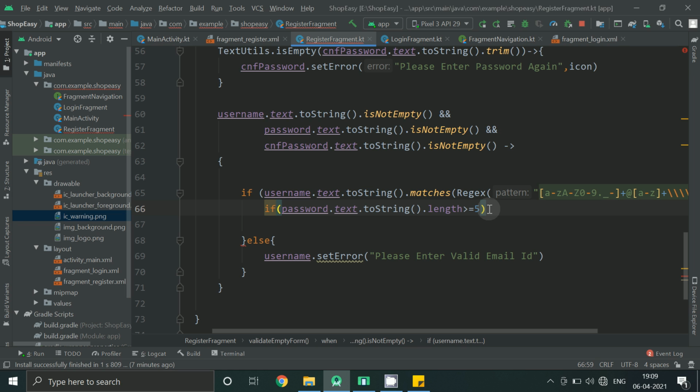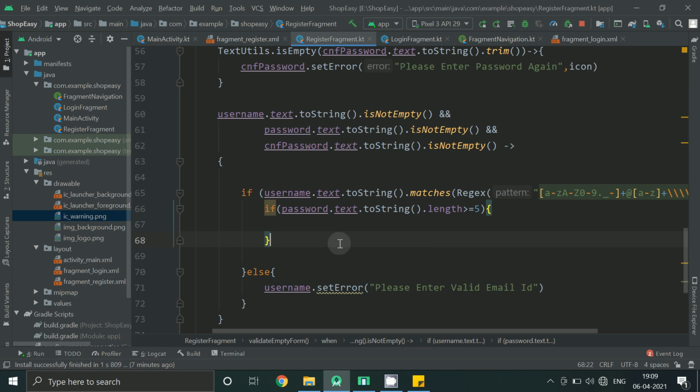If password is smaller than 5 characters, then we will display an error.